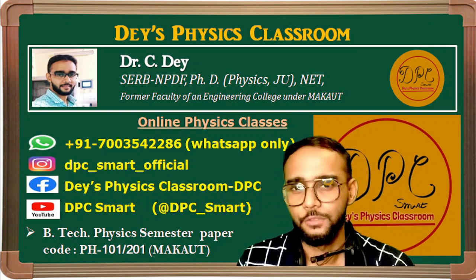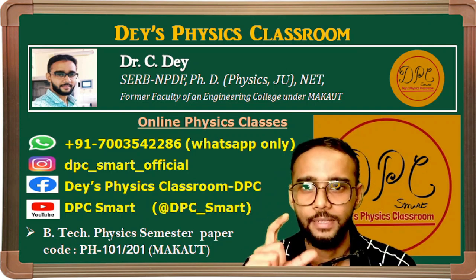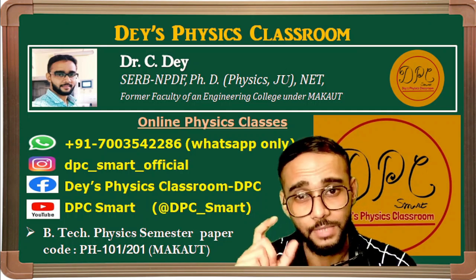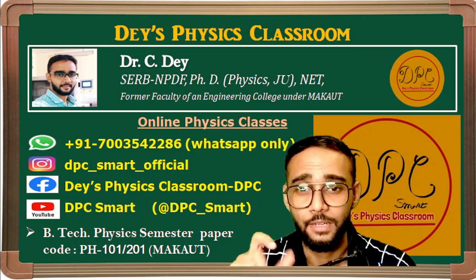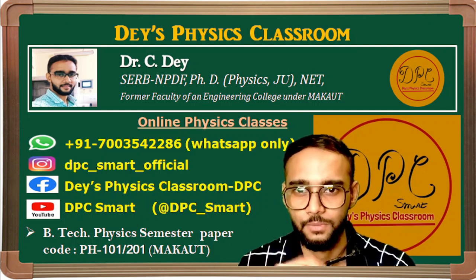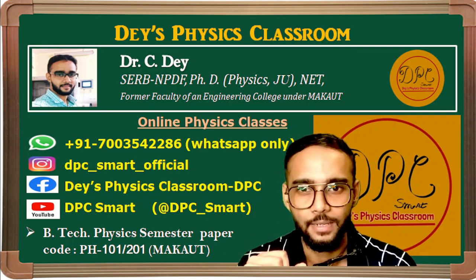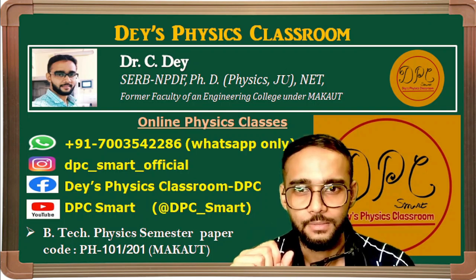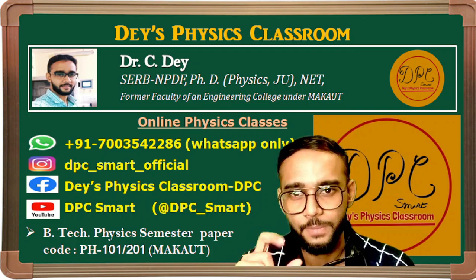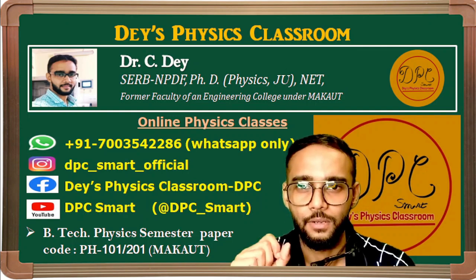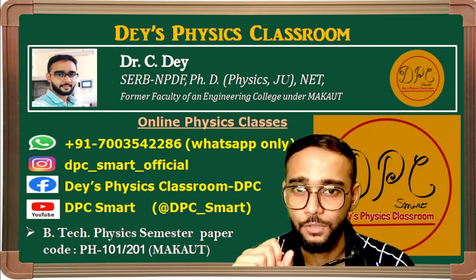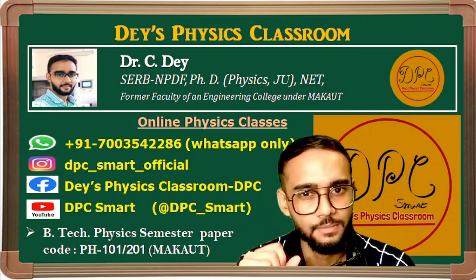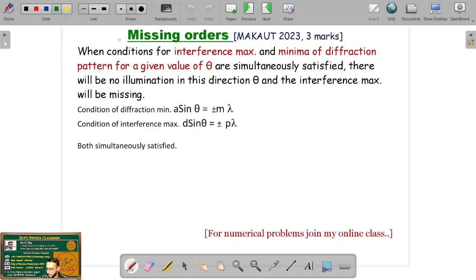তাহলে ব্যাপারটা কি, যদি একটা পার্টিকুলার ভ্যালু অফ ডিফ্রাকশন অ্যাঙ্গেল থিটার জন্য যদি ইন্টারফারেন্স ম্যাক্সিমা এবং ডিফ্রাকশন মিনিমা সাইমালটেনিয়াসলি একই জায়গায় স্যাটিসফাই করে, তাহলে রেজাল্টেন্ট যে ইন্টেন্সিটি ডিস্ট্রিবিউশন আমরা পাবো সেখানে ওই পার্টিকুলার থিটা অ্যাঙ্গেলের জন্য কোনো রকম ইলুমিনেশন থাকবে না, পাওয়া যাবে না। অর ইন আদার ওয়ার্ডস আমরা কি বলতে পারি, ওই পার্টিকুলার অ্যাঙ্গেল থিটার জন্য ওই পজিশনে ইন্টারফারেন্স ইন্টেন্সিটি যে ম্যাক্সিমাম পাওয়া গেছিলো সেটা ওই পজিশনে মিসিং হয়ে যাবে। তার মানে কি, ডিফ্রাকশন মিনিমা ওই ইন্টারফারেন্স ম্যাক্সিমাটাকে সাপ্রেস করে দেবে।